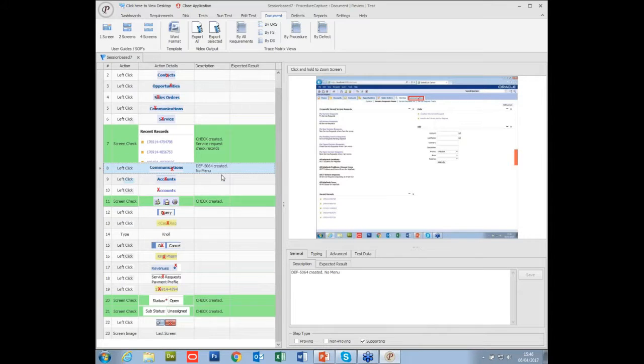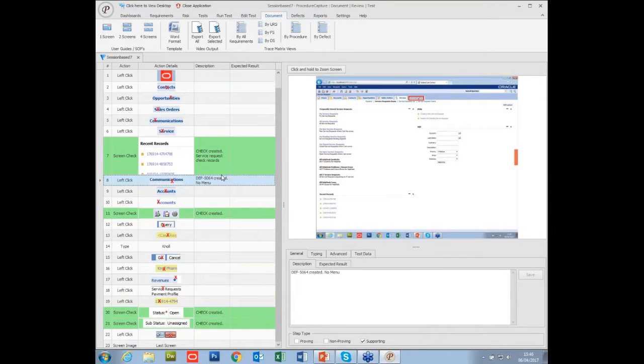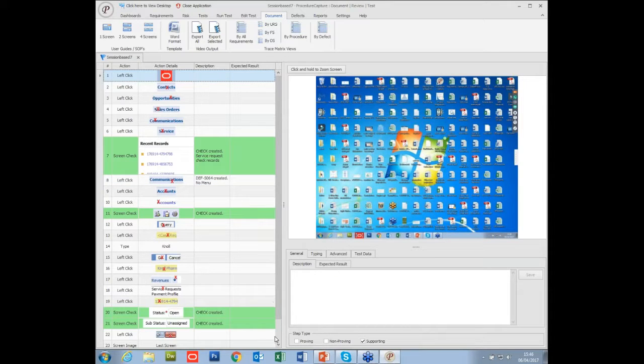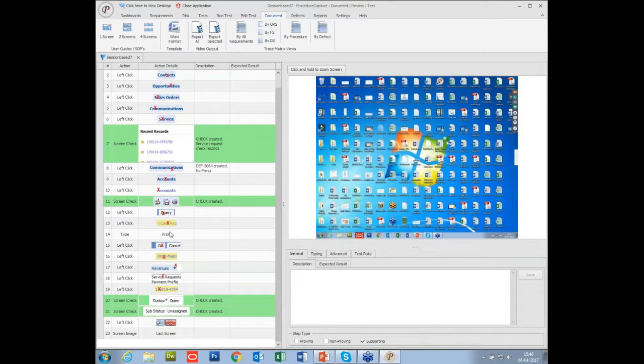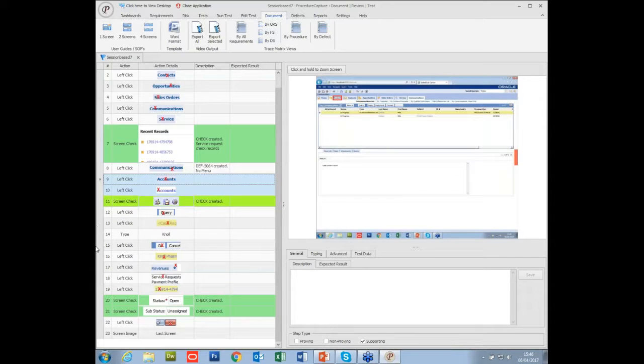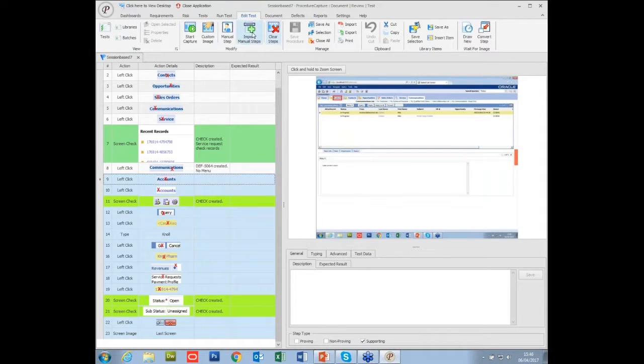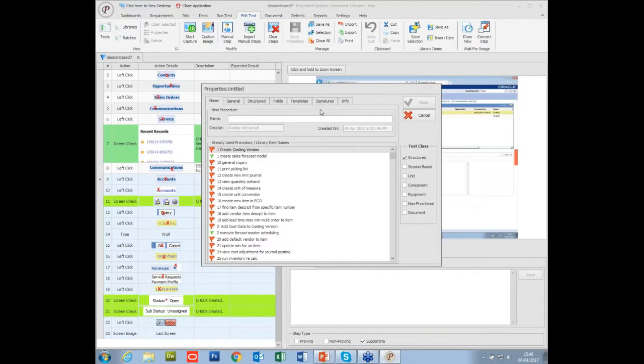Okay, so what I can then do is say, you know what, there's a lot of this I don't really need if I want to do a scripted test. So I could create a scripted test from this. To create a scripted test, I can take pieces of this and turn it into a scripted test. So if I take those pieces, I can then create a scripted test. So this time I'm going to create